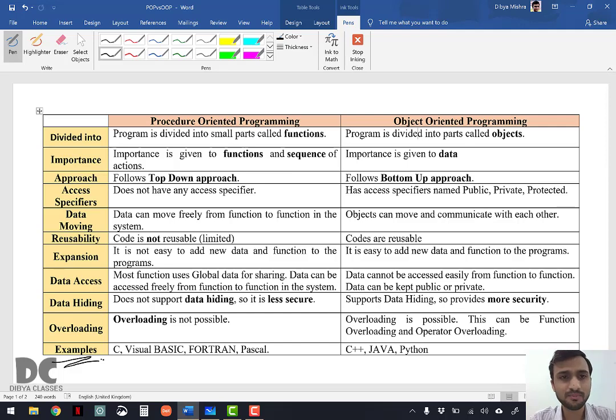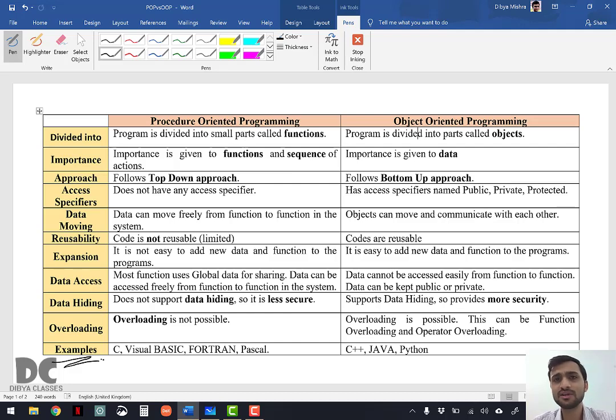So examples are C, Visual Basic, Fortran, Pascal. These are all examples of procedure oriented programming languages, and these are very old languages. Actually, basically the old languages which came first were following the procedure oriented programming, and now the new languages which are coming up like Java, C++, Python, these are object oriented programming languages. You just have to remember these examples, it might come in your board exam.